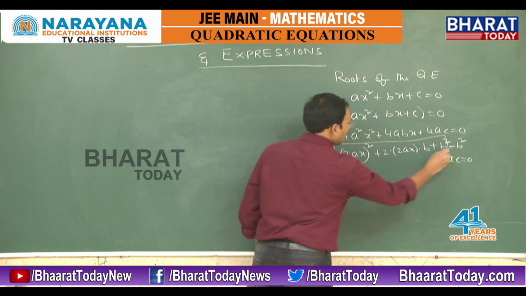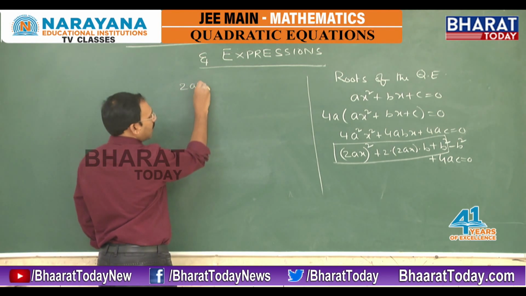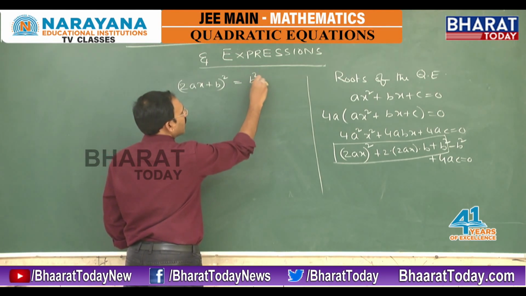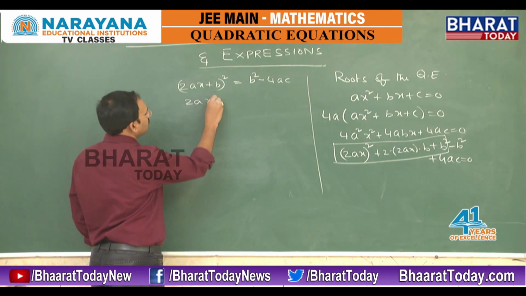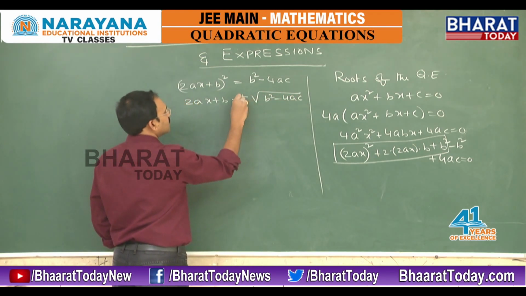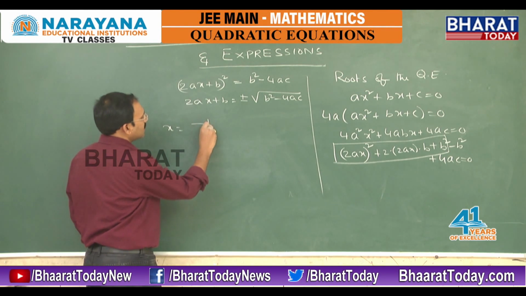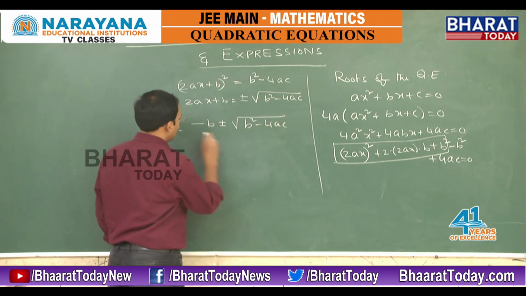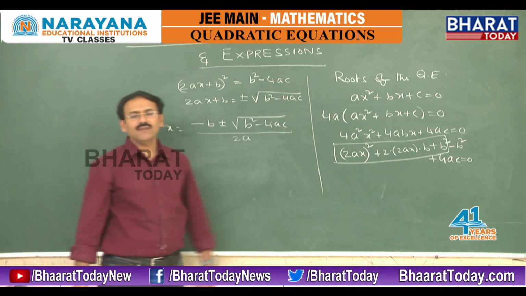Now this particular expression can be written like (2ax + b)² = b² − 4ac. Now 2ax + b is equal to plus or minus root of b² − 4ac. Now x becomes (−b ± √(b² − 4ac)) / 2a. That means our ultimate aim is to find the values of x